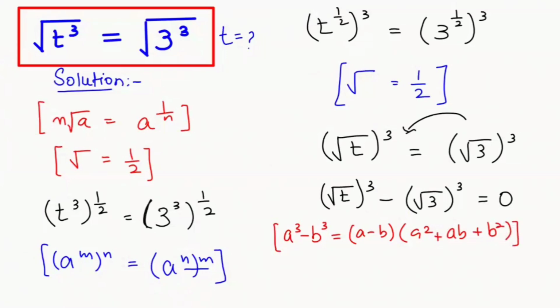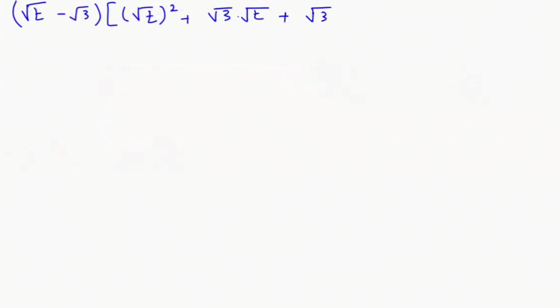So this is our a value and this is our b. The equation turns to (root of t minus root of 3) times ((root of t) squared plus root of 3 times root of t plus (root of 3) squared)